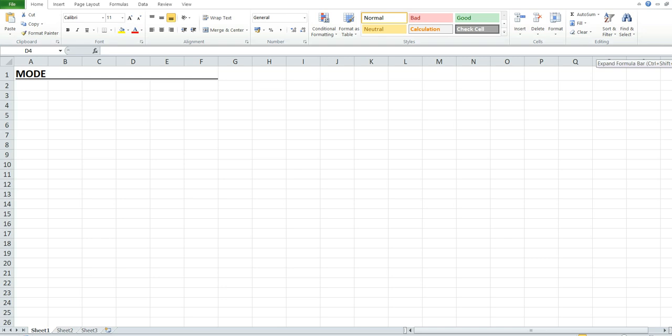So let's see how this works. First of all, we have to create a table, a simple table.